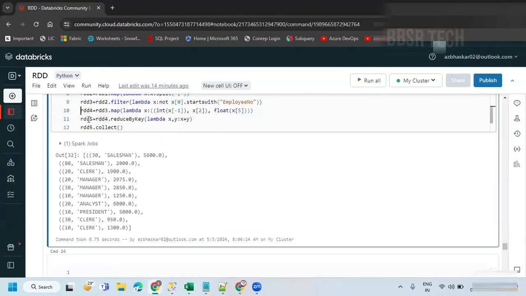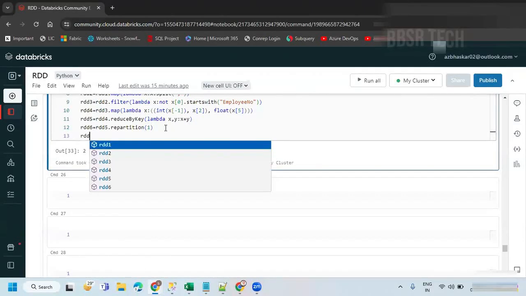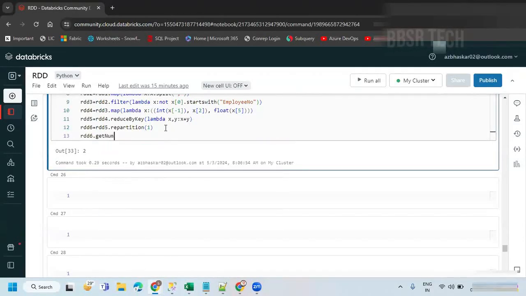Okay, I wanted to see how many partitions are there. getNumPartitions. So 2 partitions are there. You can reduce them into 1 partition and write the data, it's up to you. So let me do it. Let's say RDD6 equals RDD1. This time I'm going to use repartition, repartition to 1. And if I say RDD6.getNumPartitions,